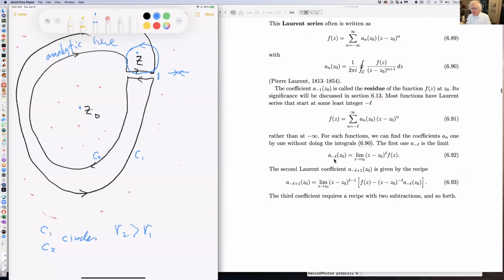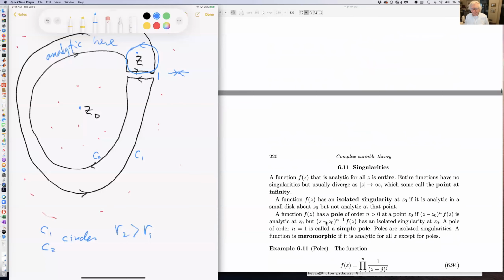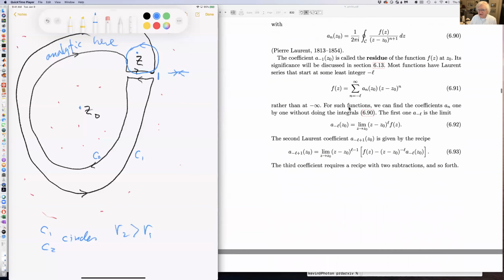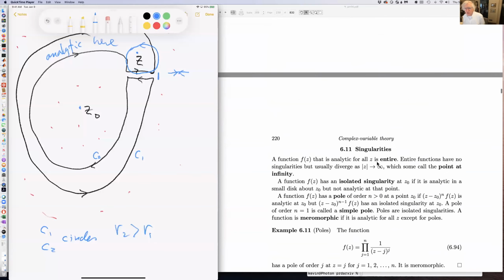We can just say that a sub minus L of z0 is the limit of (z - z0) to the L times f(z), and a sub minus L plus 1 is (z - z0) to the L minus 1 times f(z) where we subtract out the first coefficient, and so forth. Anyway,